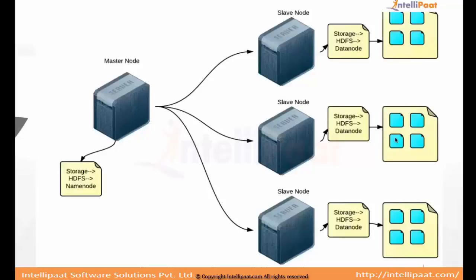While it is spread across the cluster, each block will be replicated 3 times. So if a file is 640 MB, it will be cut into 10 pieces of 64 MB each, and each block will be replicated 3 times. So totally there will be 30 blocks. That is how your data would be stored.